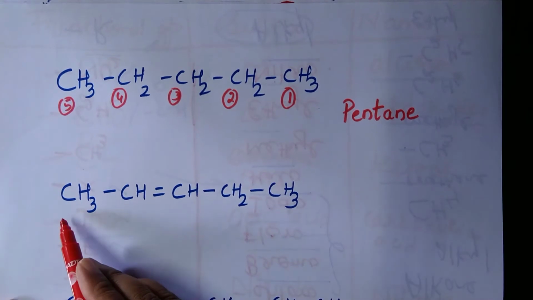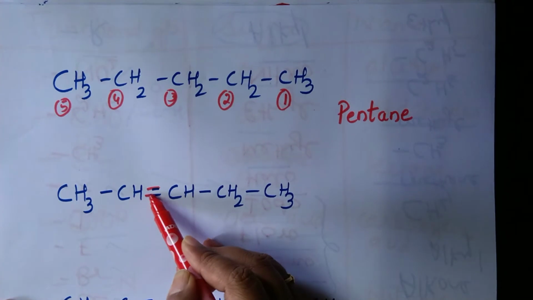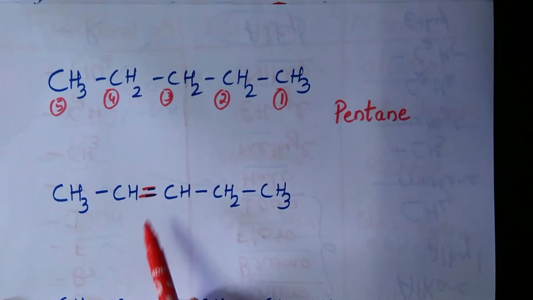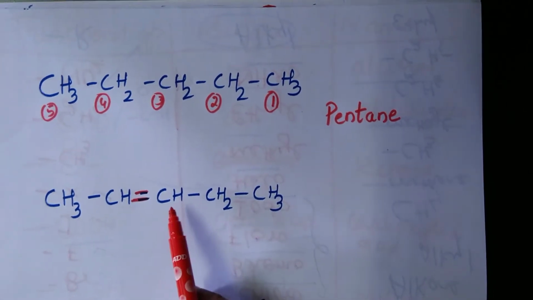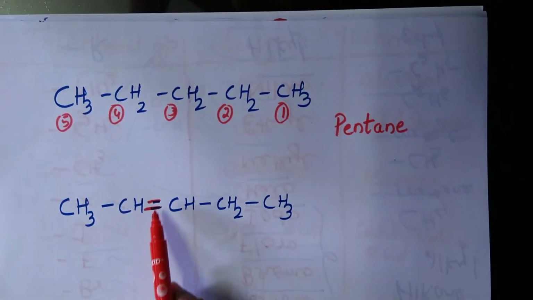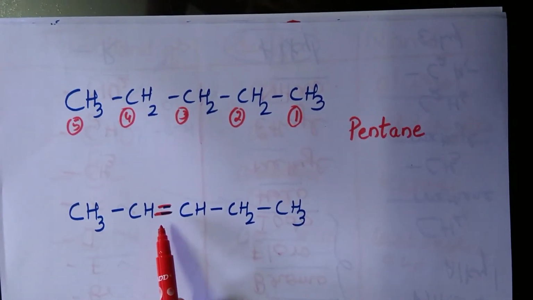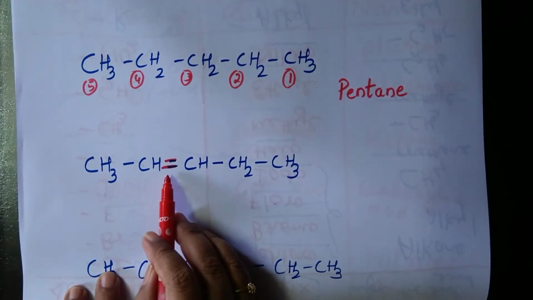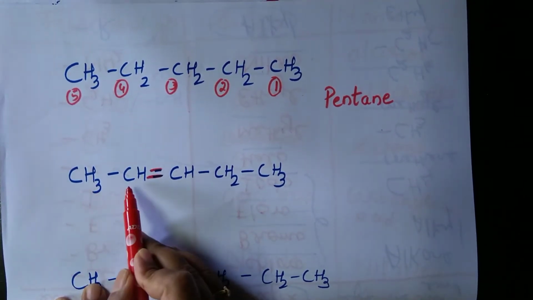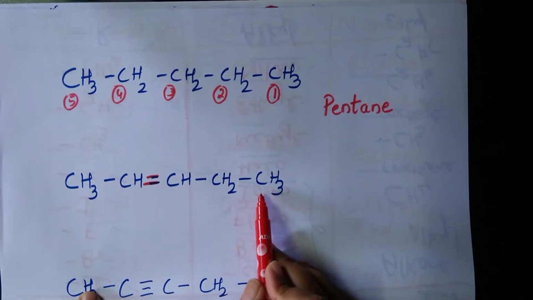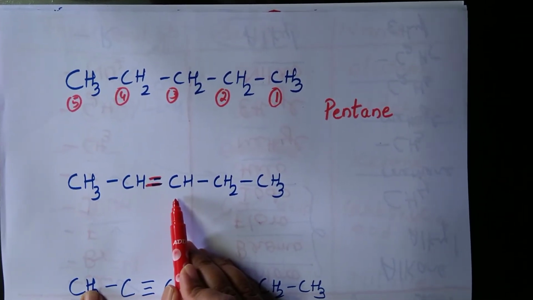So here also you have to select the longest carbon chain. But I have a carbon-carbon double bond here. Hope you are able to see. Now this double bond should be given importance, like we give importance to the guests at home. The functional group should be given importance. So if I give importance to double bond, then this carbon will be numbered 1 and 2. If I start numbering from here, it will be 1, 2 and 3. Out of 2 and 3, which is the smaller one, you have to number it from that side.